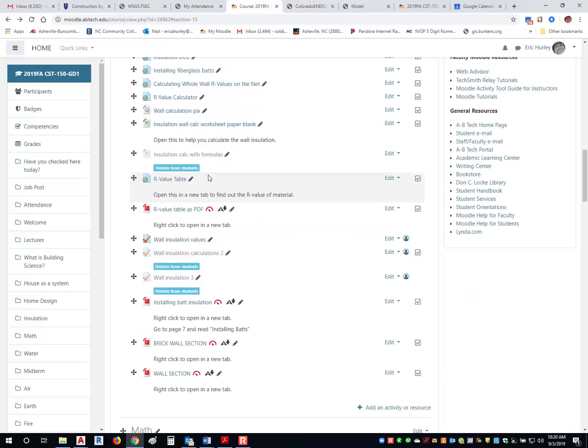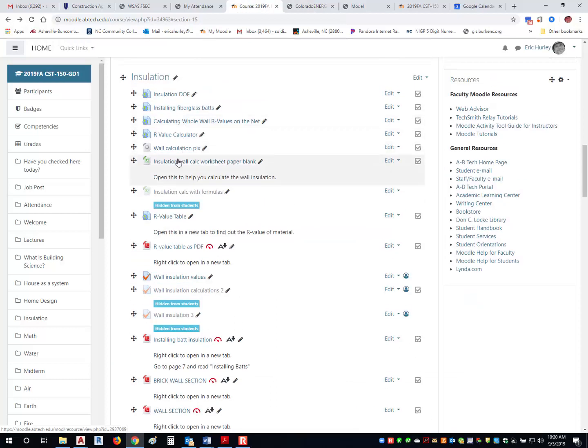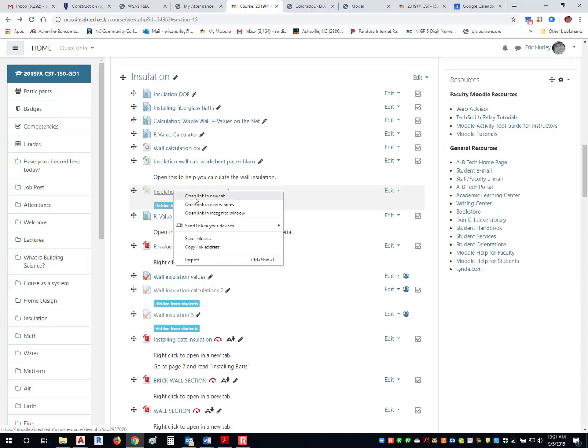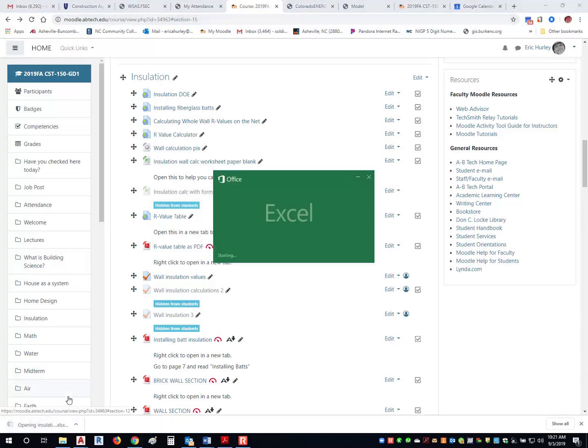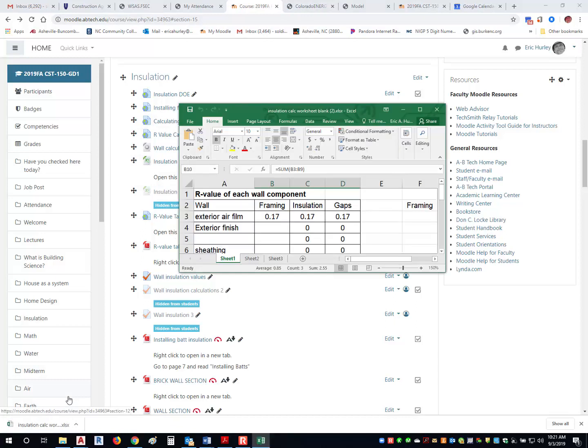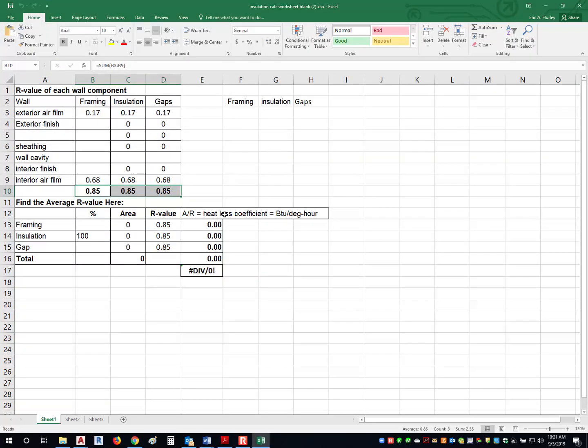So let me go back over here and open up the calculation sheet. I'm going to make it a little bit simpler for me, and I'm going to open up the insulation calculation sheet with the calculations in there, and I will give that to you so that you can run it through. So when we're looking at this,